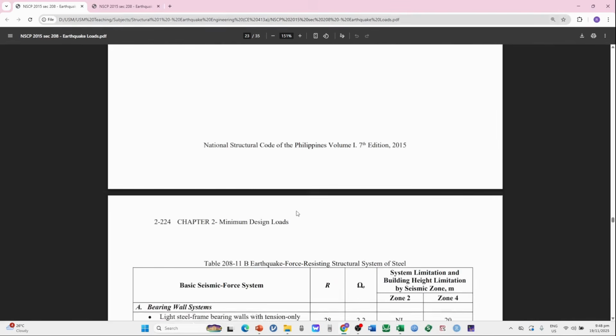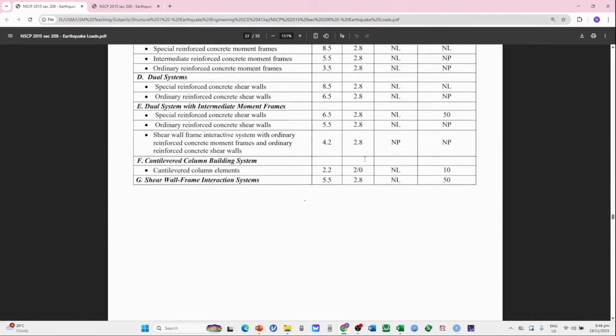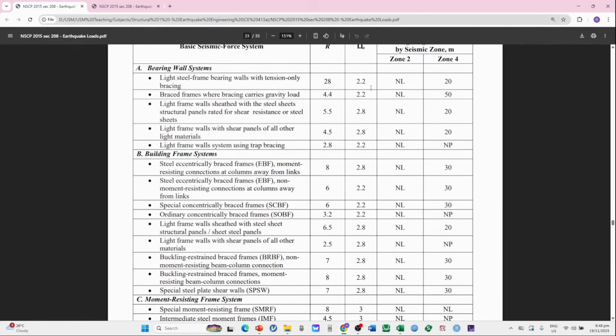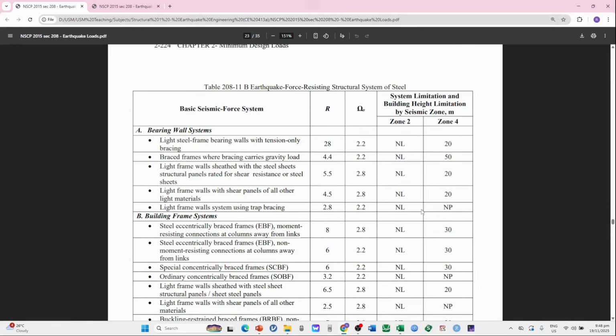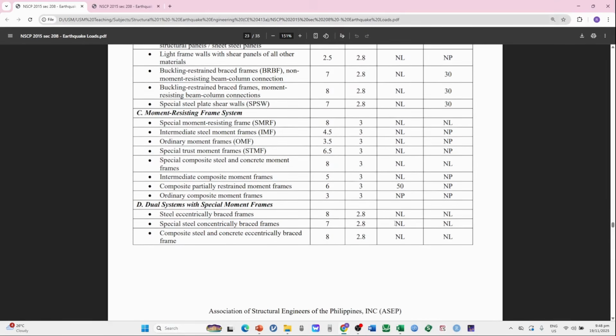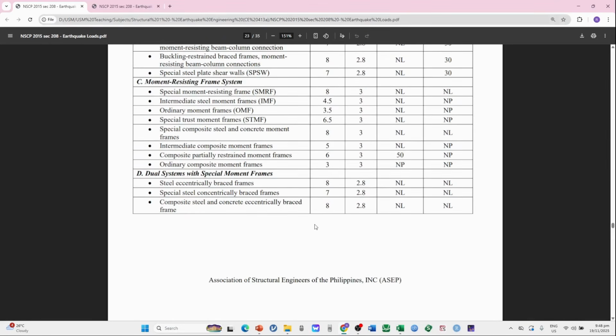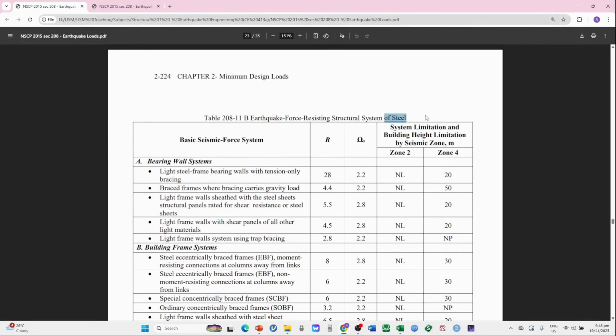So let's go to the steel. So this one is concrete. So in steel, you can see here that this is 2.8, sorry. This is 2.8, this is not 28. So 28 is so much. So for building frame system, we have also 8. Moment frame resistance 8. So no limit. So you can see here, we have some limits here. You can just check here. For steel,